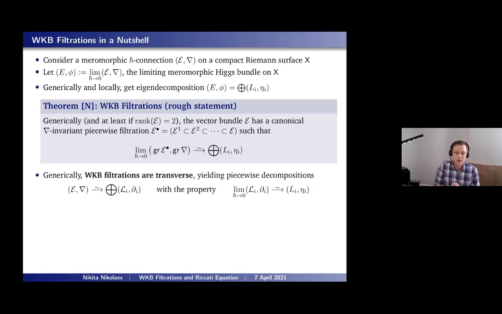So the important consequence of that is, as usual with transverse filtrations or transverse flags, the best thing to do is to intersect them. And when you intersect transverse filtrations, you split the vector bundle. And so what happens is that over each cell, you have a canonical filtration, and over each component of each double intersection of these cells, you have canonical splittings, canonical decompositions of my vector bundle. And this decomposition decomposes